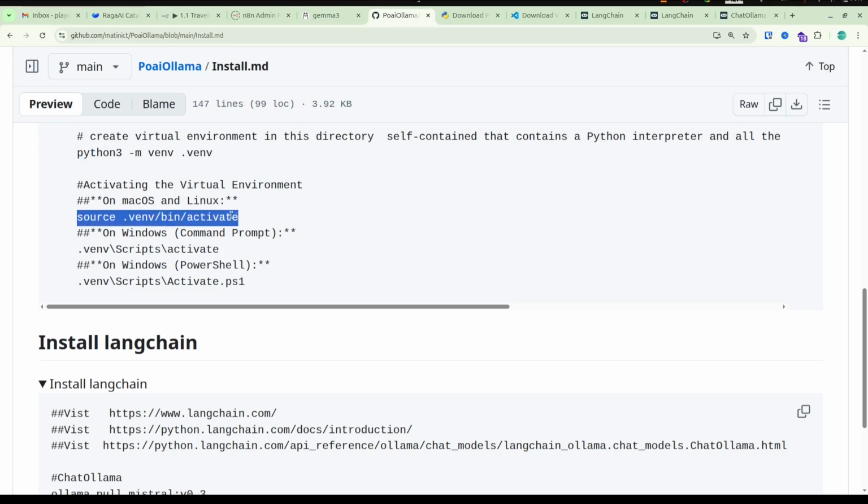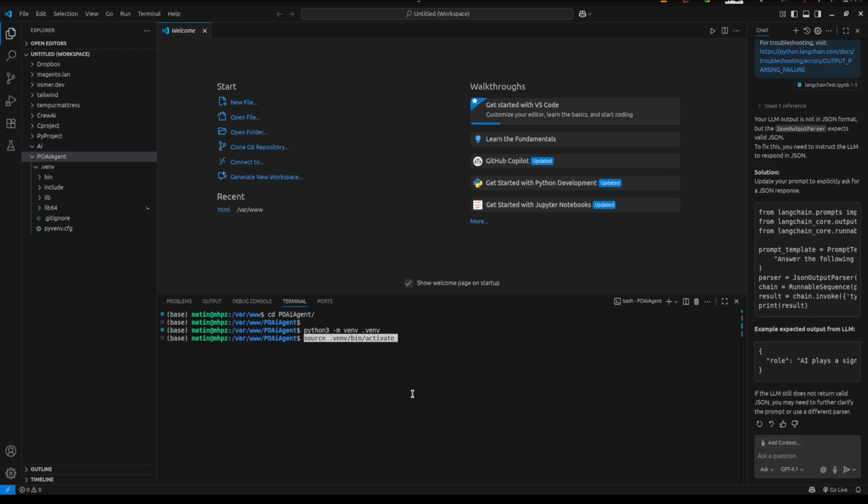Finally, you need to activate this virtual environment. If you are on macOS or Linux, the command is source venv/bin/activate. Your terminal prompt will now show the name of your virtual environment, indicating that you're ready to install packages and